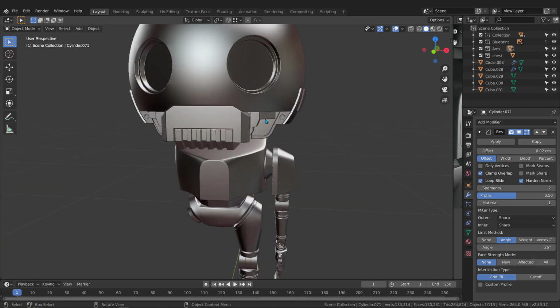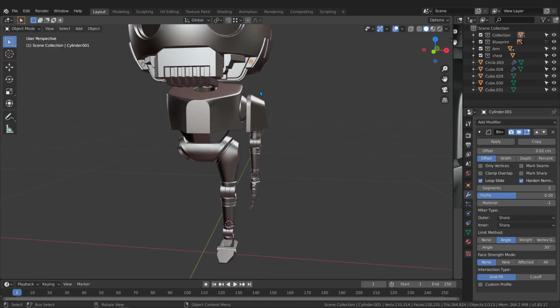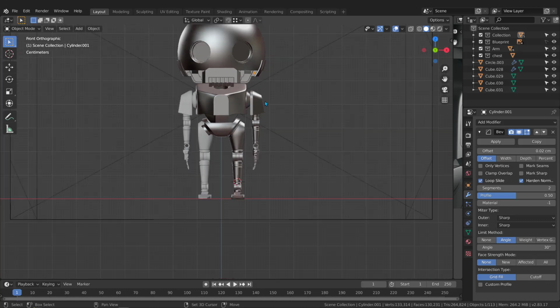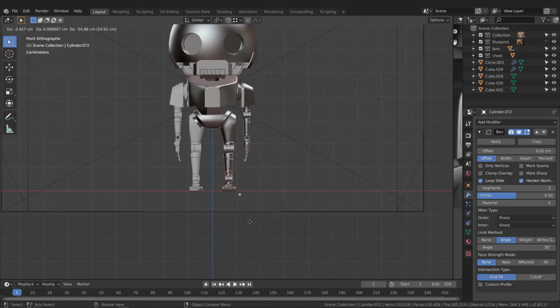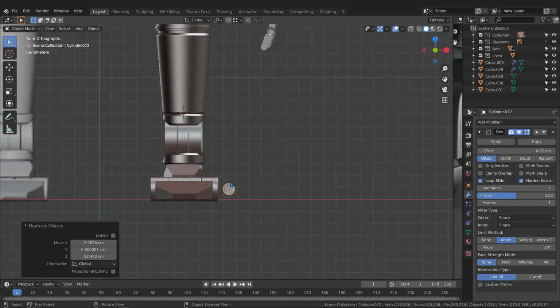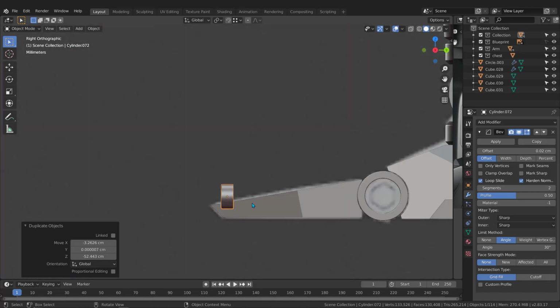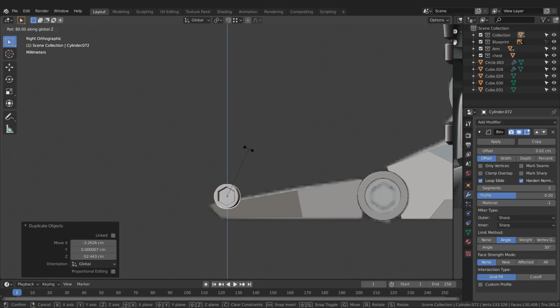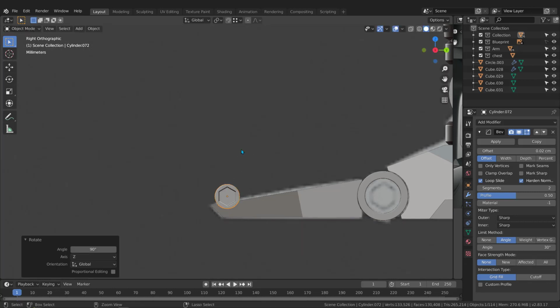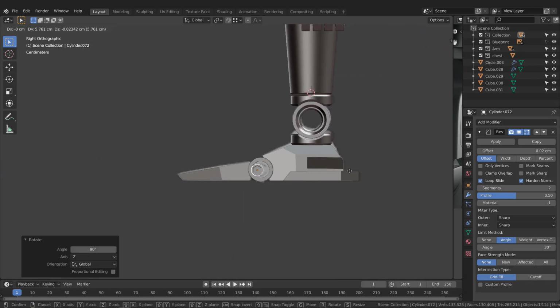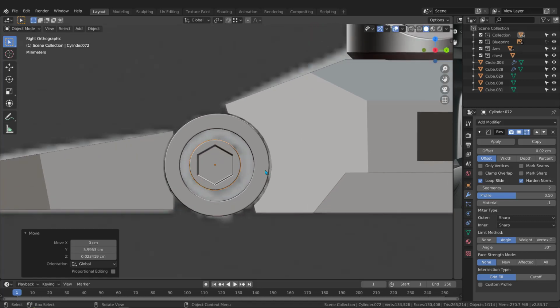Let's go up a bit to the face, and let's take this piece, Shift D to take one right here nearby the foot, and let's hit 3. R to the Z, rotate to the Z 90 degree, just like that. Hold Control G and move it, and let's put it right here. And maybe let's